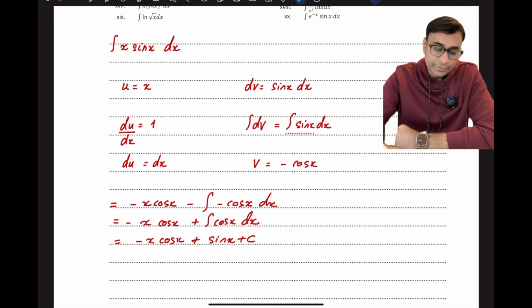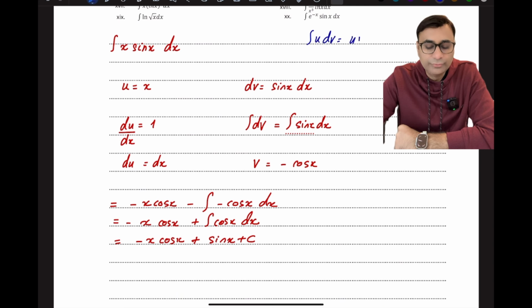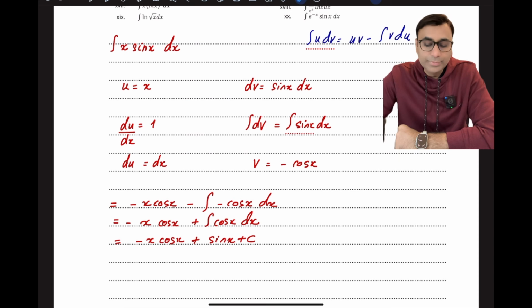Once you have supposed what is going to be u and what is going to be dv, there's one thing that is always constant with this process. Your formula is integral of u dv is equal to uv minus whole integral of v du. So if you have made a choice of u, then you know that to apply the formula you need to have du. So always you are going to differentiate the function u to get du. Similarly, if you have supposed dv, and dv is always supposed as a function multiplied with dx,